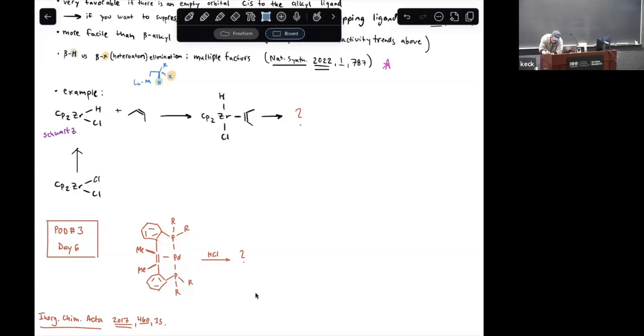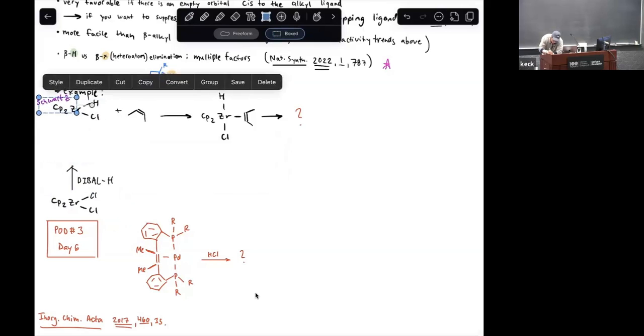Cheap, stable, probably not going to decompose in the air. All right, so then you said treat with a hydride. What hydride source do you like? DIBAL, okay. We're going with a forcing, aggressive metal hydride. And that is indeed how you can make Schwartz reagent, but what might happen if you do this and take